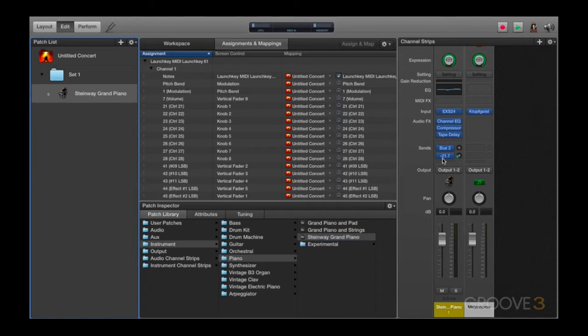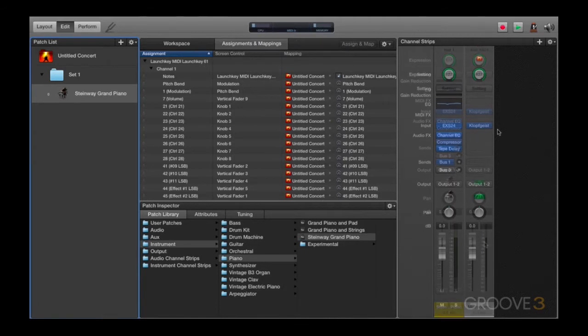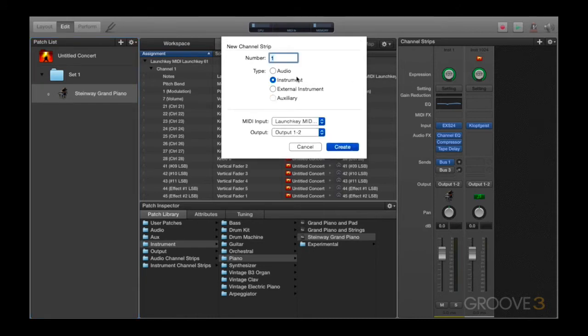I'm going to turn off this bus here, and then I'm going to move over to this bus, and choose bus 1, which is the medium hall reverb that I chose on my concert level. I think I'm going to add a string patch to this piano patch. So I'm going to go to this plus icon here, choose Instrument, and keep everything the same, and then click